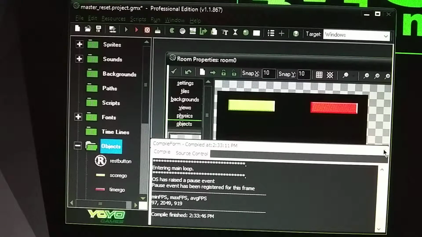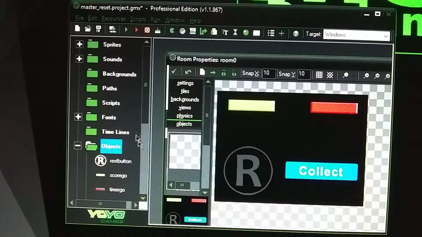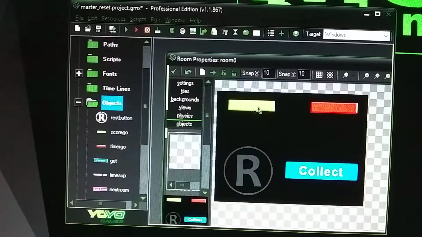Alright, so this is how I did it. So this image right here is the score. This image right here is the timer. So in the reset button here,